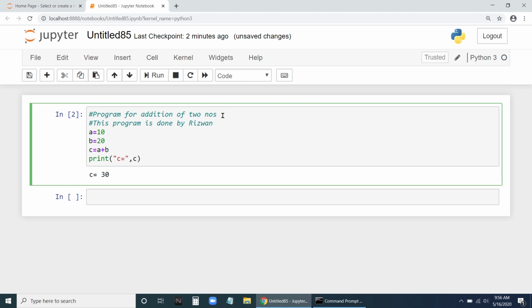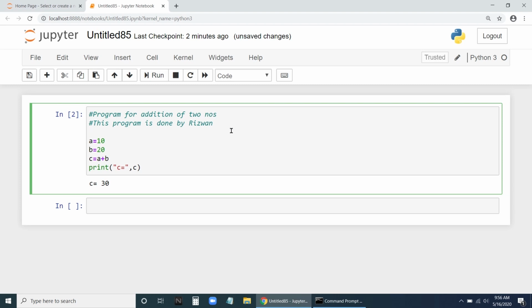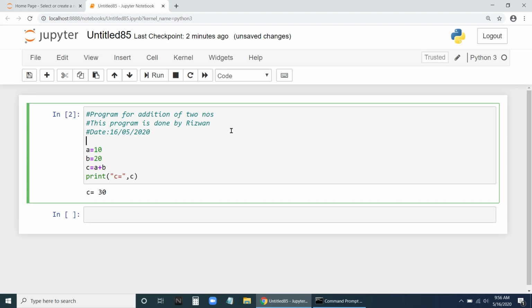Let us write the same on this particular date. Today's date is 16/05/2020. Fine. Now this is a single line; for each line we need to give a hash. Let us say we have multiple lines and I don't want to give a hash.